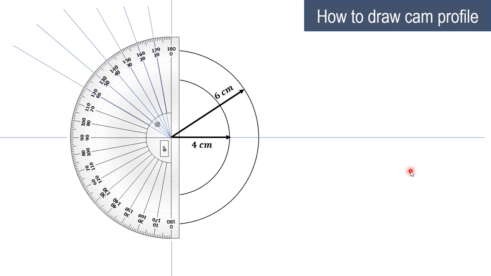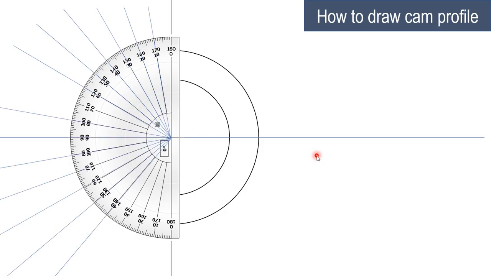So what we'll do over here, we'll first draw the minimum radius of the cam of 4 centimeter, then the prime circle radius which is of 6 centimeter, that circle we will draw. And now we have divided it into, for the outstroke which is 60 degree, 60 divided by 10, that is 6 equal parts, so 10 degree each, so it will convert the outstroke into 6 parts, correct? 1 2 3 4 5 and 6. Then there is a dwell of 20 degree,